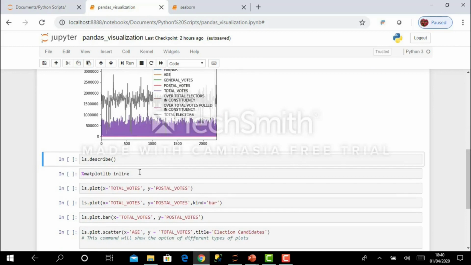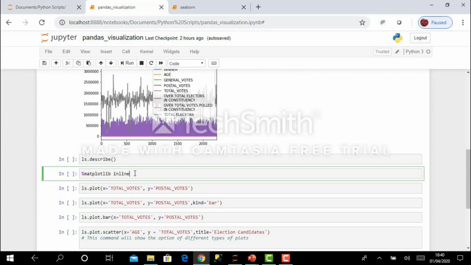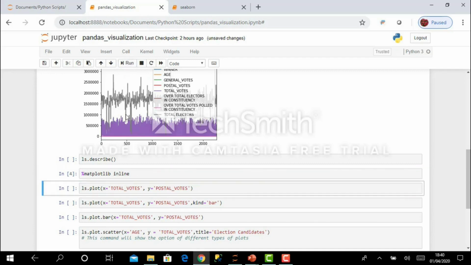One more important thing is that in most of the notebooks we'll use the matplotlib inline command. Whenever I write any code to do the plotting, every plot will be shown here, in these interactive notebooks. So this line is important, so I will execute this. Fine.